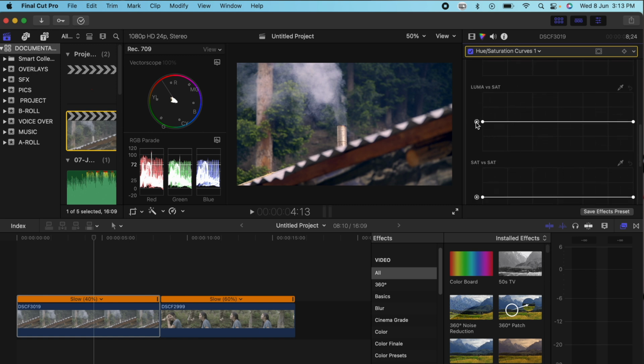Again, in this luma versus saturation, the left side is applicable for the shadows, and the right one is applicable for the highlights. So if you change anything here, you can see the change happening like this. If you move around and play, you can see the changes happening. I'll just reset this, and I'll create one point here and simply bring it down